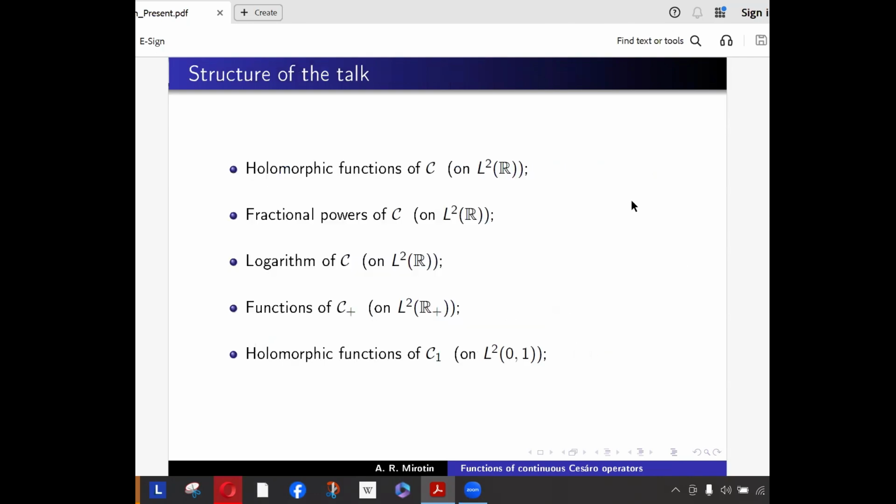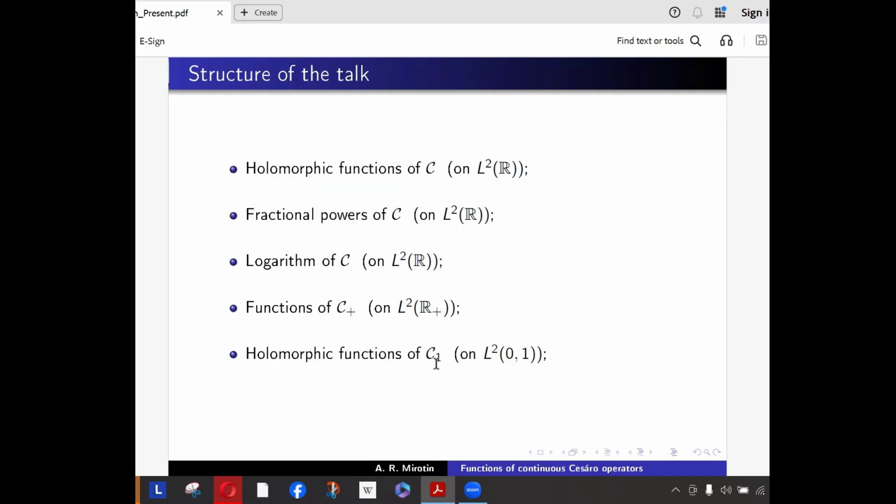The plan of the talk. First of all, I want to describe holomorphic functions of C. Recall that C is the continuous Cesáro operator over the whole real line. Then I'll discuss fractional powers of C and the logarithm of C. If I have time left, I want to discuss functions of C plus. Recall that C plus is the restriction of C to the positive half line, and then